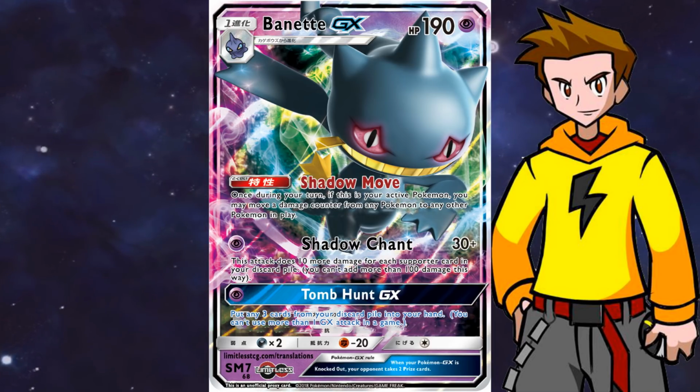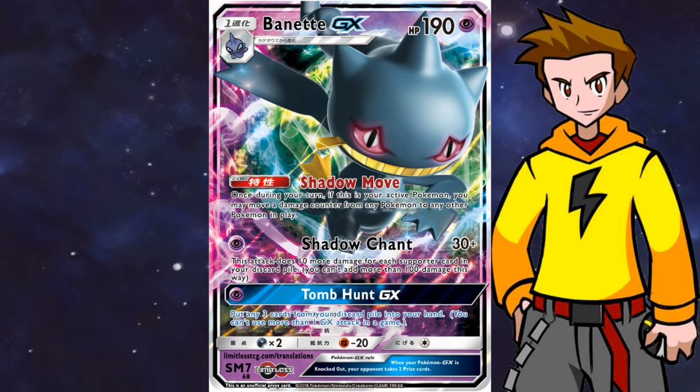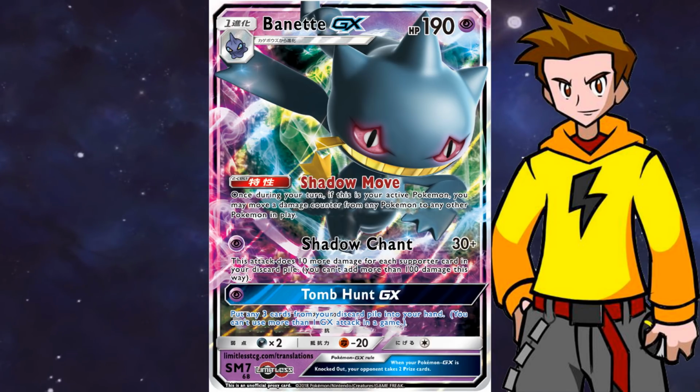Once during your turn, you may move one damage counter from one Pokemon to another Pokemon, and this does not specify which side. So you can put one damage counter from one of your Pokemon to one of the opponent's Pokemon, or you could move one damage counter from your opponent's Pokemon to another one of your opponent's Pokemon. It's just that versatile. Just moving those damage counters will be awesome to use every single turn if it's active. Everything's possible. This will help you to get those unreachable KOs here and there. Also, it might screw up the math for the opponent if they try to two-shot you, which is always a